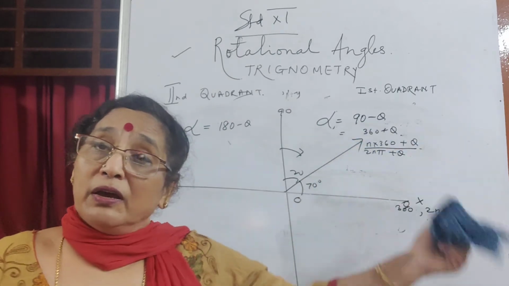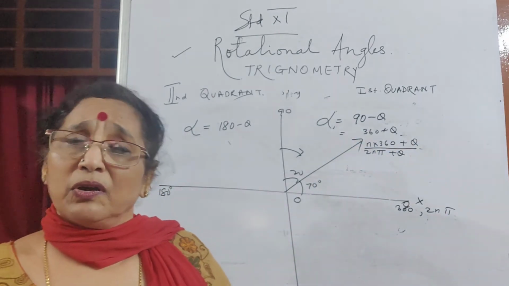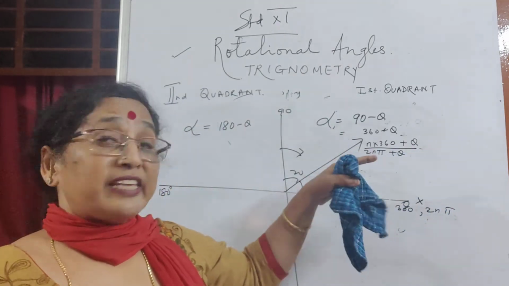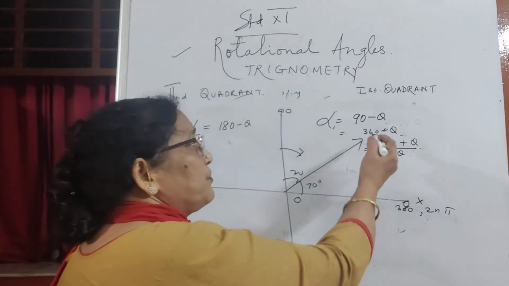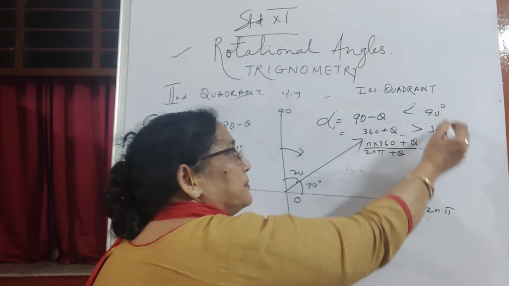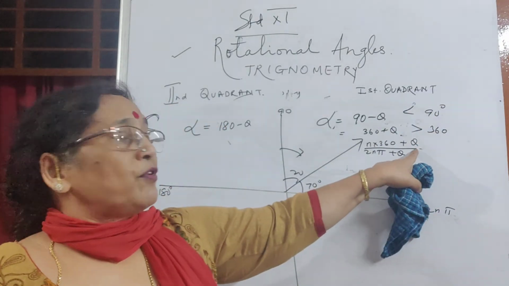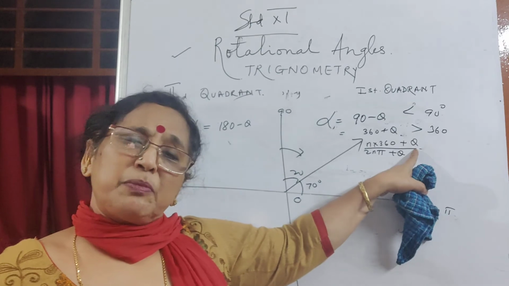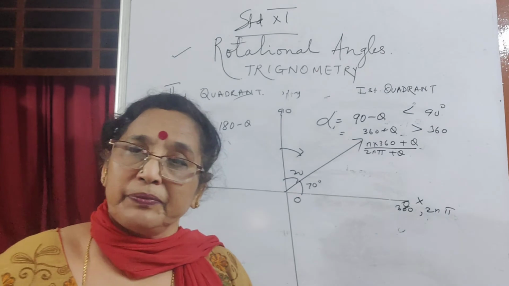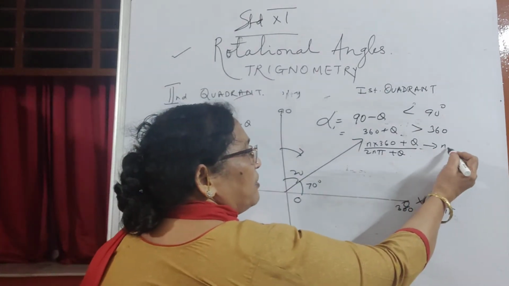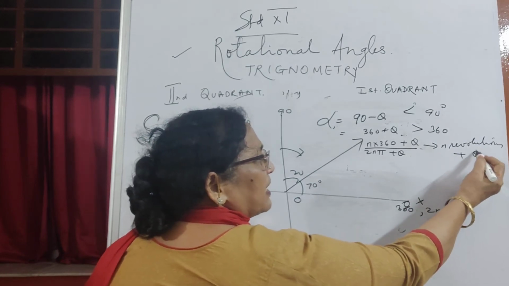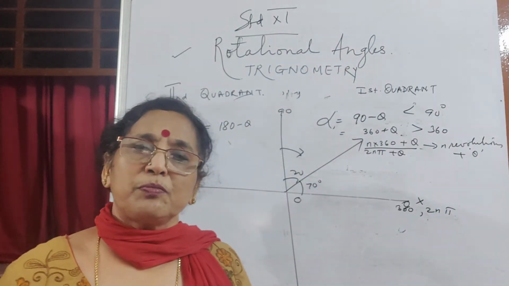Then you have a little bit more than 360. Okay, like 380, it's 360 plus 20, so there theta is 20. And say another angle, okay? So this angle is, of course, greater than 360, you know that. This angle is less than 90. Okay? And here, of course, it is multiples of 360, much greater than 360, right? Revolutions, n revolutions plus something, right? This means n revolutions plus a little bit of an angle.